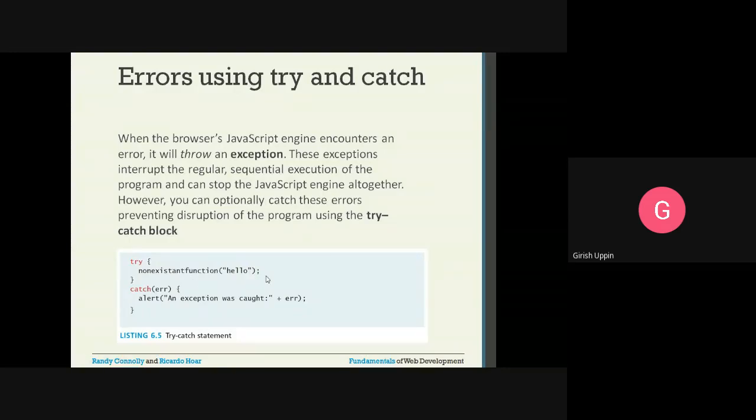And sometimes it will throw some kind of weird errors on the web browser, not user friendly. The user will not have a clue what kind of error or what is happening there. But if you have a try block and you catch that, then you can say alert, exception was caught. Then you are displaying a message on the screen with that particular error, what kind of error it is. It is displayed onto the browser as a pop-up window.